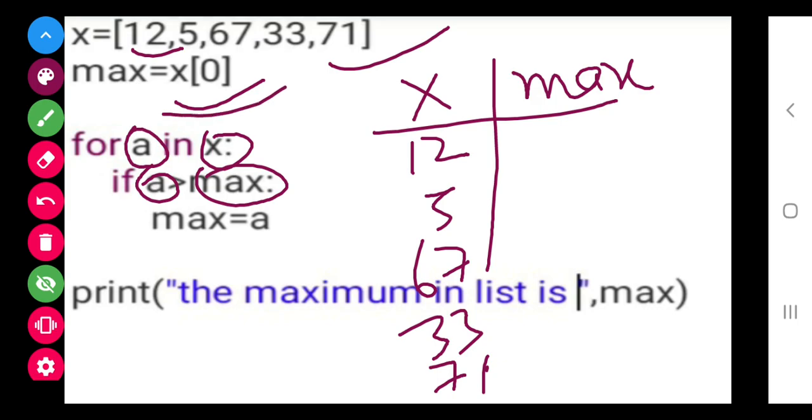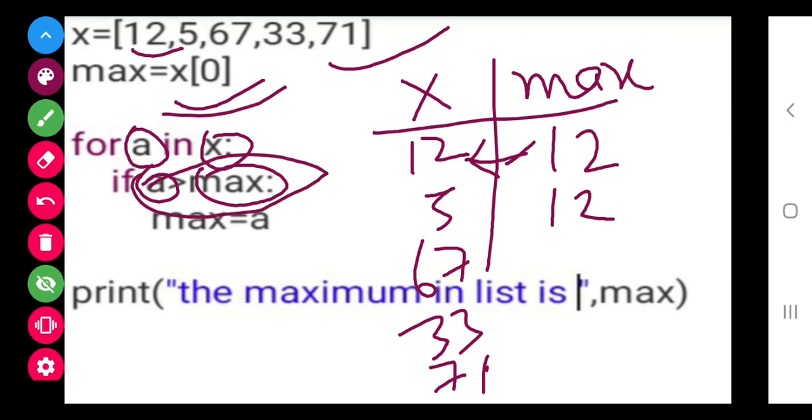Now for the first time, it is initialized that 12 is the maximum. Now this 12 will be compared with this 12, and 12 will remain the maximum. Now when this 12 is compared with this 3, again 12 will remain the maximum.